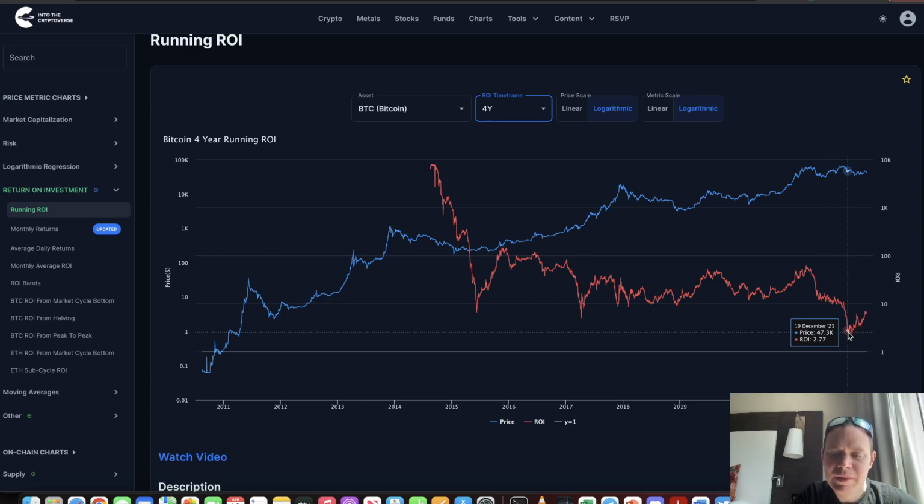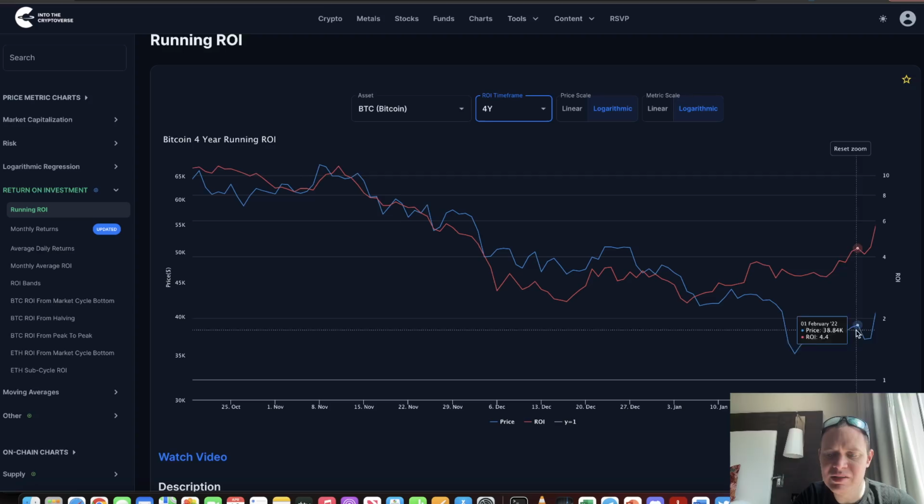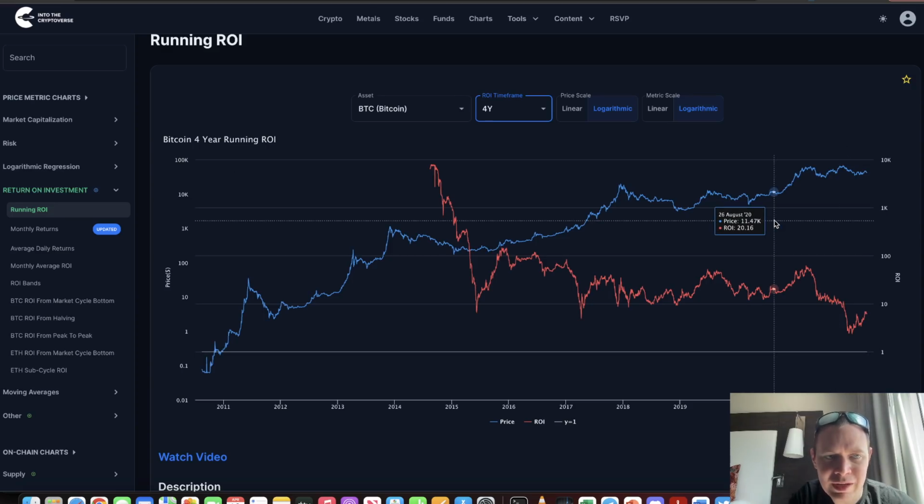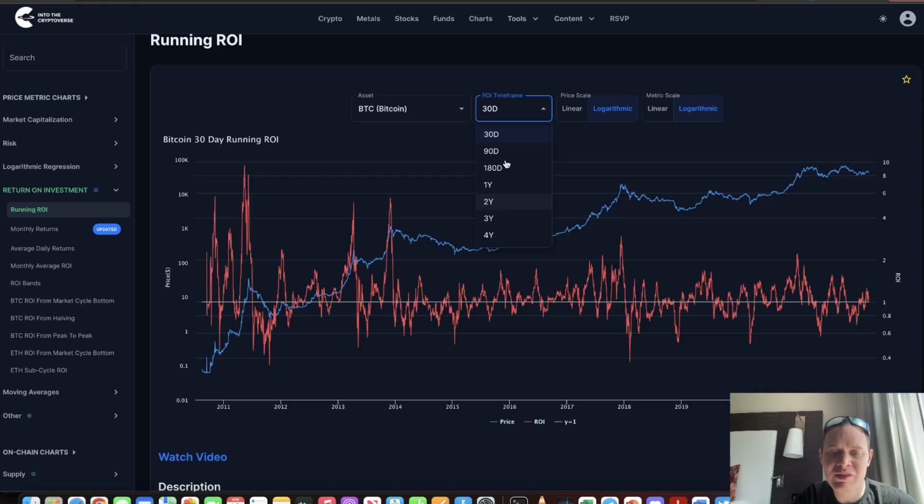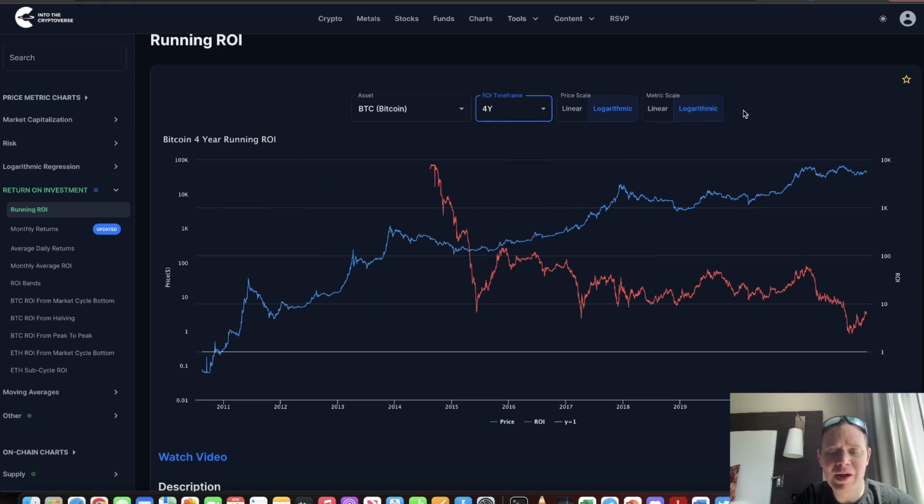But even still, even after all this time, the lowest ROI that you would have experienced for those holding Bitcoin for at least 4 years would have been around 2.41x. I know a lot of people aren't getting out of bed for a 2.5x over 4 years, but we're also saying, look, out of all of Bitcoin's history, that's actually been the worst case scenario. Hopefully these charts provide some perspective on how to navigate these markets. Remember, it's a macro game. Don't get too bogged down with the shorter time frames like the 30-day, but focus on things like the 2-year ROI, the 4-year ROI, etc.